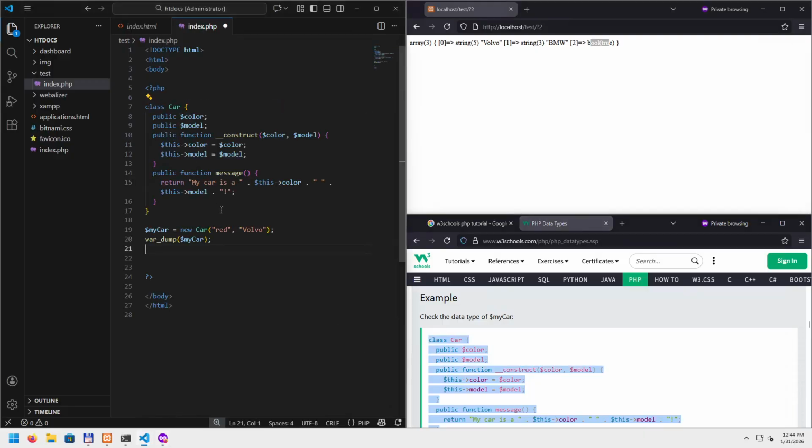And this should be it. We'll stop here. So there's a class car, there's a constructor call with 2 parameters, which is defined in here, public function, special name probably, __construct. This red is actually $color, this Volvo is actually $model, and they're assigned to the field,